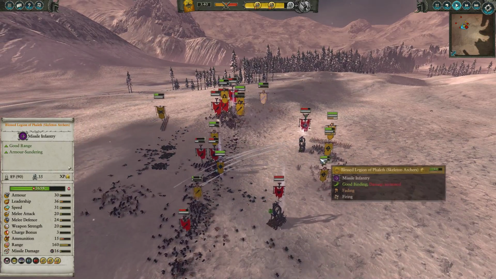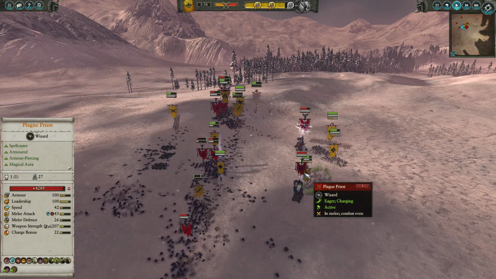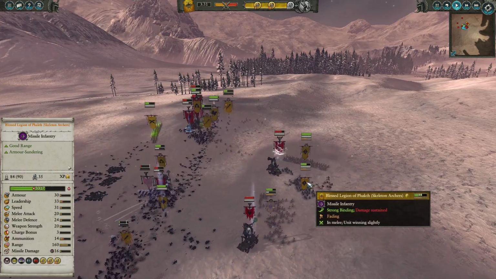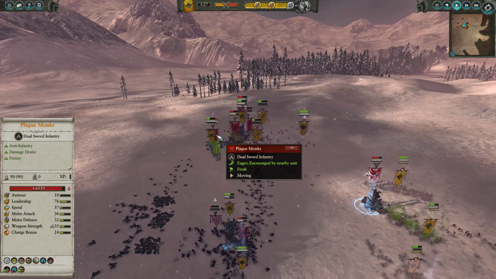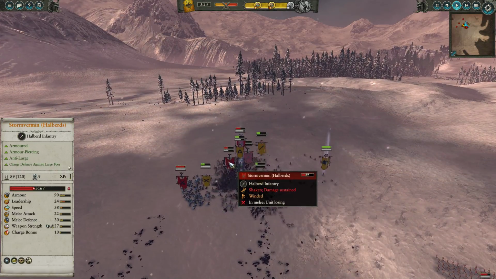In the meantime, these archers, the ones that aren't being shut down by my opponent's ramming from the Grazeseer and from the Plague Priest, are chipping away at the Hell Pit Abomination, just trying to help get this unit offline as quickly as possible. Obviously, they are suffering terrible losses in the process. Over here, the Kepler Guard does get a rear charge in, but my opponent does summon some Plague Monks to try to disrupt them. Definitely a bit of a nuisance, though I will be able to buckle, I do believe,